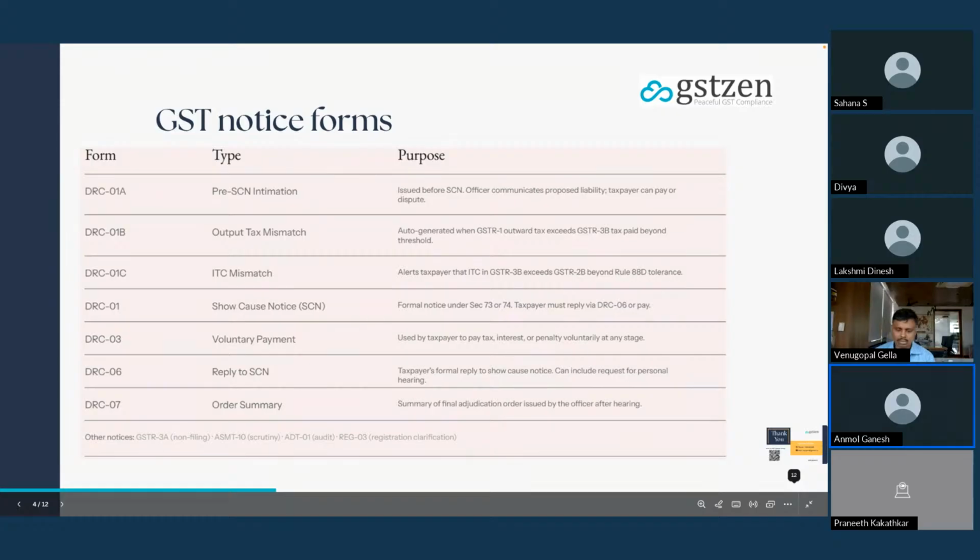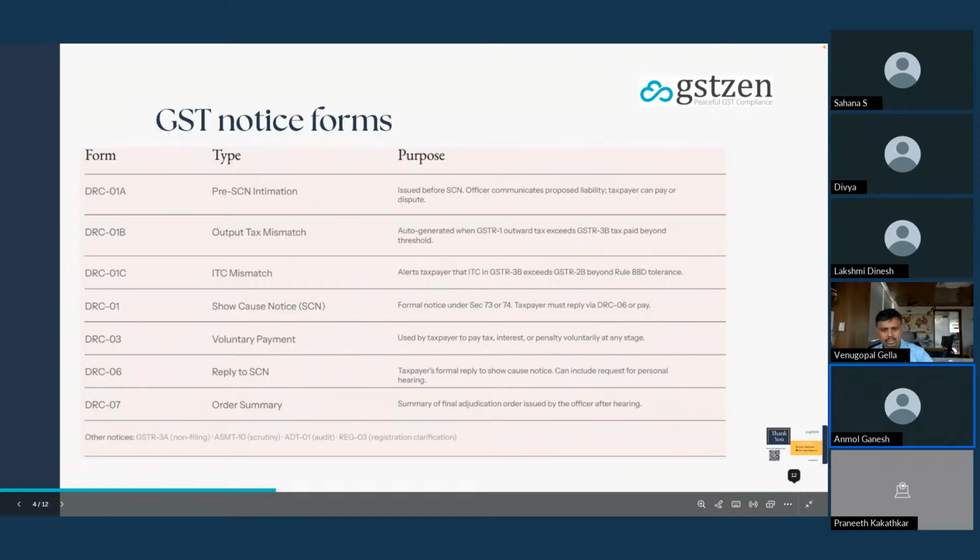And then we have one more notice called DRC06. This is nothing but the reply that we give to the show cause notice issued by the GST authority. In simple words, it is a formal reply submitted by the taxpayer to the authority. And finally we have the DRC07 notice.